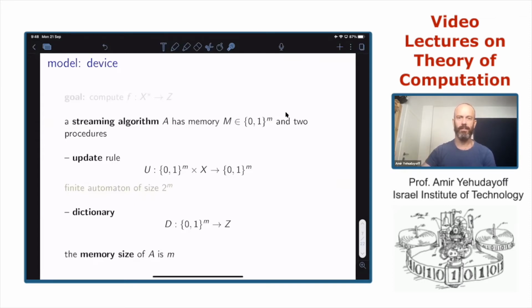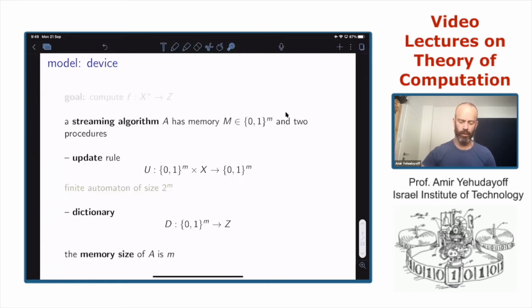You can see that everything here is defined in terms of sets and functions, which are the most basic notions in mathematics. So this is the device we are focusing on.